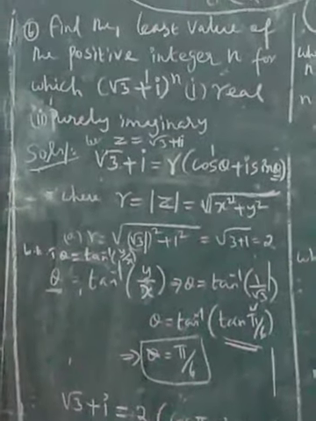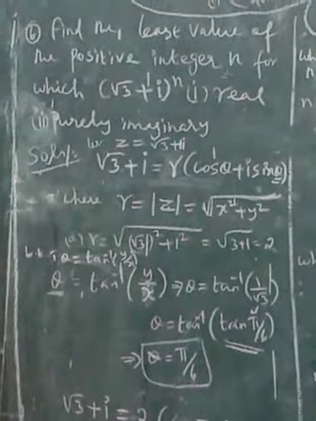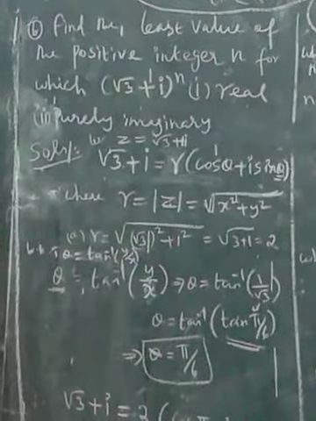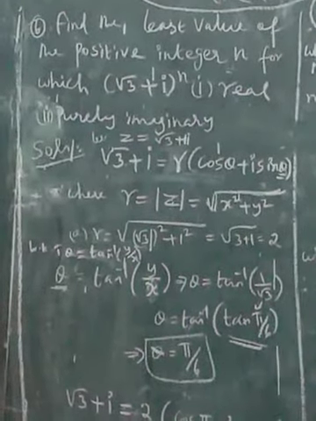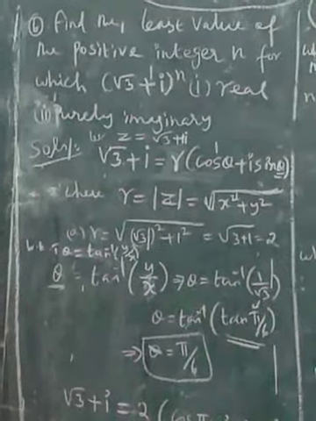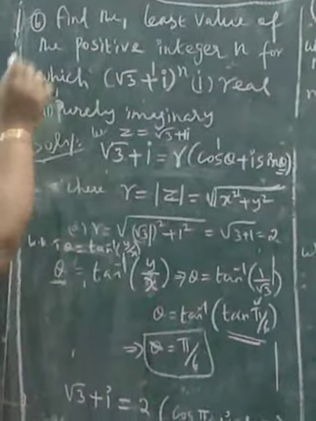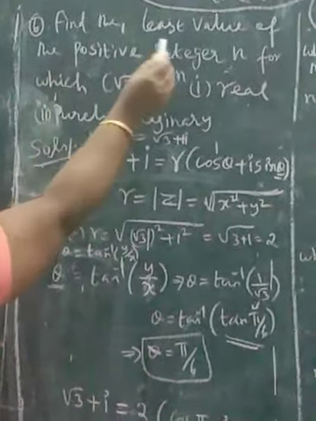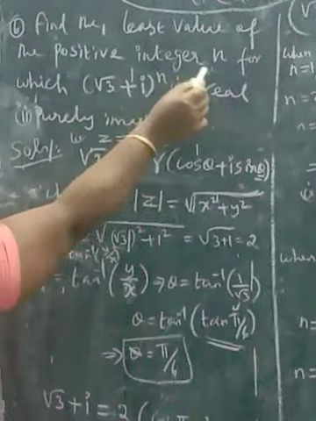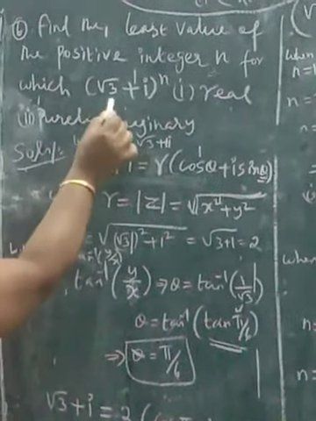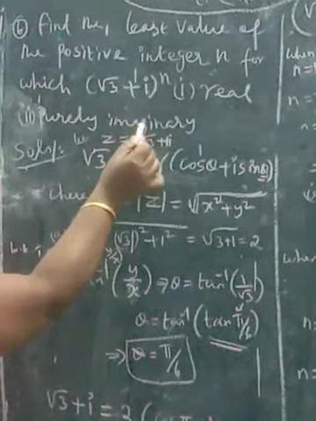Okay, students. Last class we have seen exercise 2.4, problems 4 and 5. Today we are going to see the 6th and 7th problems. I am going to explain the 6th problem. Find the least value of the positive integer n for which (root 3 plus i) to the power n is